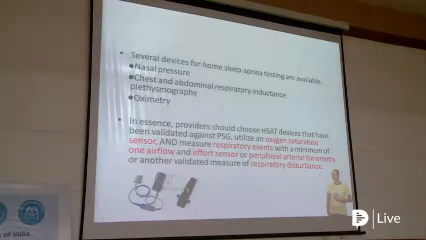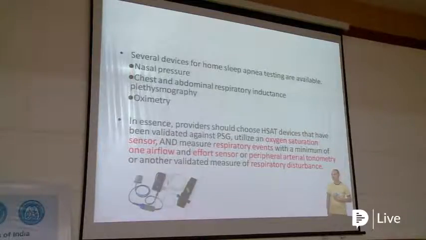There are several devices for home sleep apnea testing available, and in essence the provider should choose a home sleep apnea testing device that has been validated against PSG, uses an oxygen saturation sensor, and measures the respiratory events with a minimum of one airflow and effort sensor, or they can use peripheral arterial tonometry or another validated measure